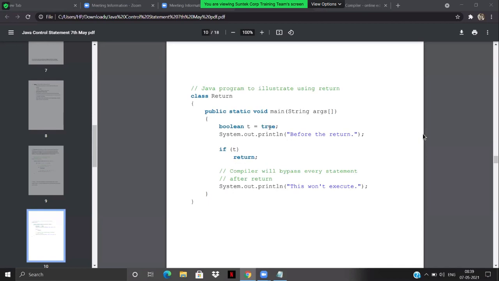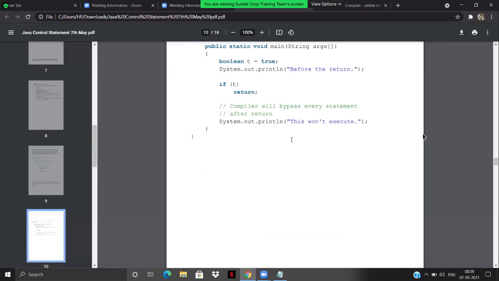We have defined the value t as true. Now System.out.println before the return. When I say before the return, it will always get executed because there is no return statement before it, and we don't have any continue or break statement as well, right? So if t, then it's going to return. So t is basically true. That means this condition is valid and it is going to return. Once it returns, the remaining code will not get executed. Even if I have several print statements, none of them will get executed because we returned the value before. So the answer would be: before the return.